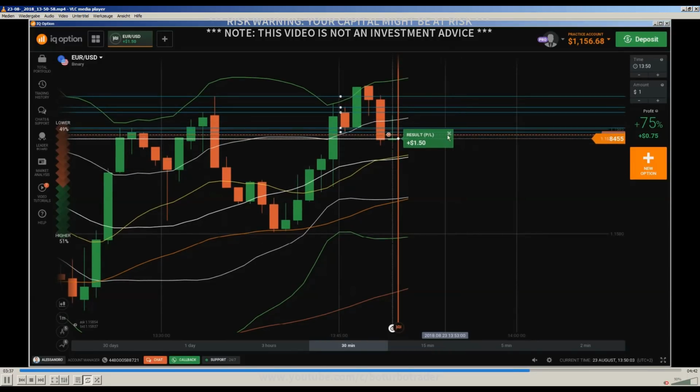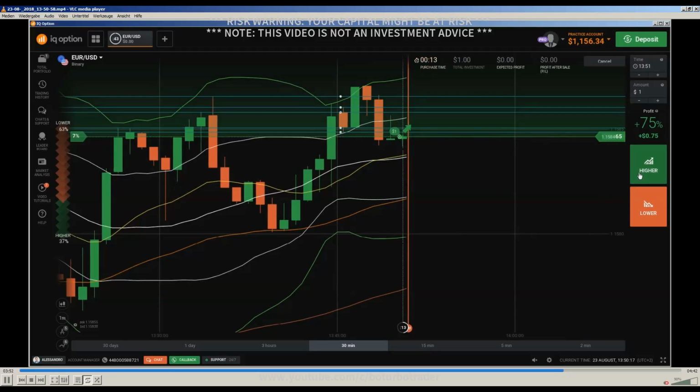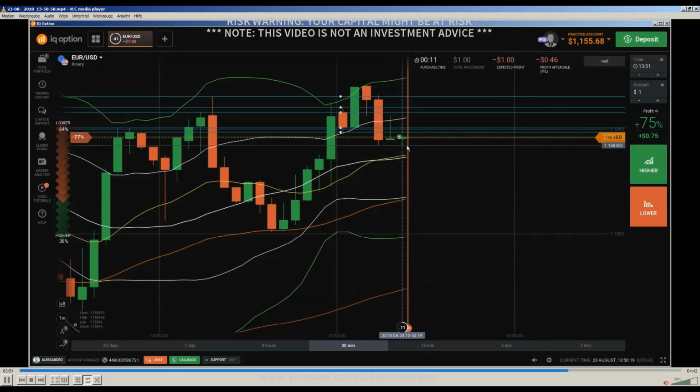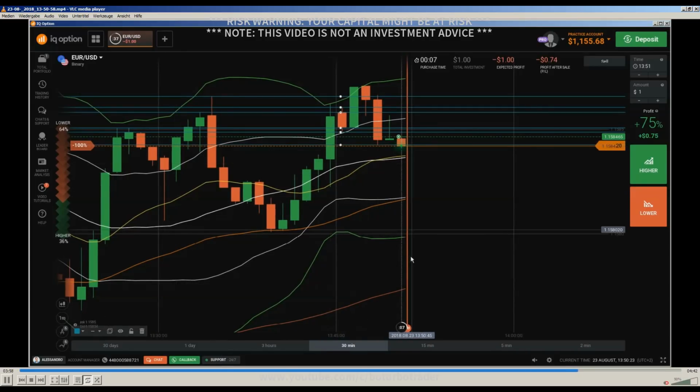And then after this, I understood immediately that this downtrend finished. Here I understood that the downtrend finished. I don't know what I was waiting for, okay. And then I entered into a call, because I was pretty much sure that price will continue going up from this level, because we are here in a ranging market.